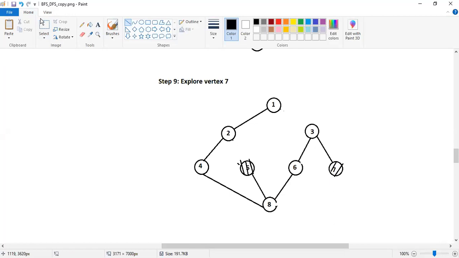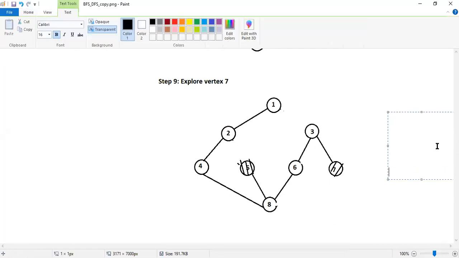Okay. Now, if you look at the stack at the end of this particular step, what do we have? Stack 1, 2, 4, 8, 6, 3. Since this 7 was already explored completely, what will we try to do?